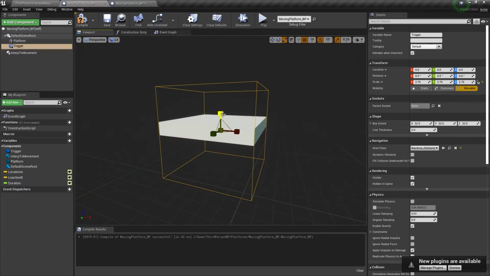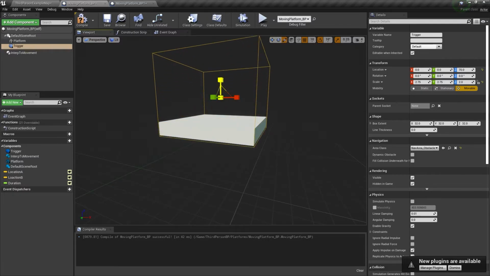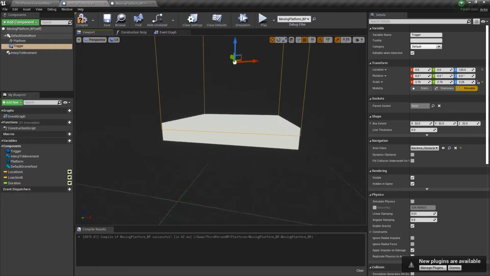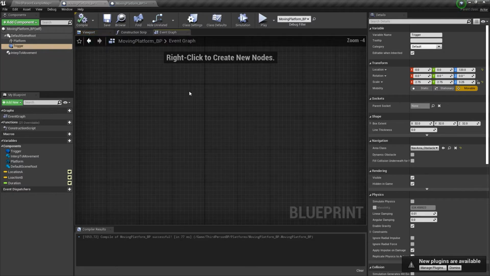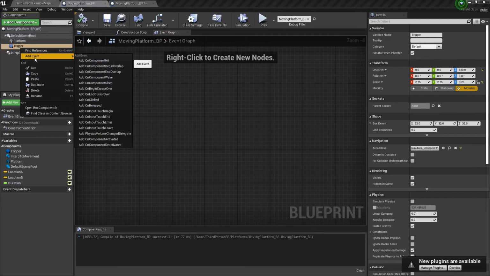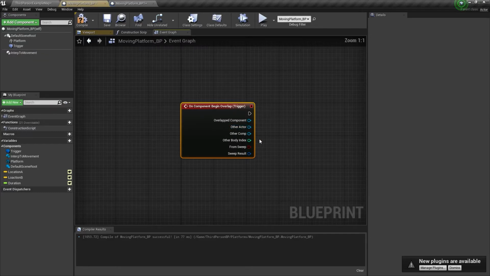Okay, and now we want it to be about as tall as, not quite as tall as our player, but big enough that when we're in there, we can trigger an event using this box. So we'll hit compile real quick, and we're going to go into the event graph now, and we're going to right click, add an event, and on begin overlap,